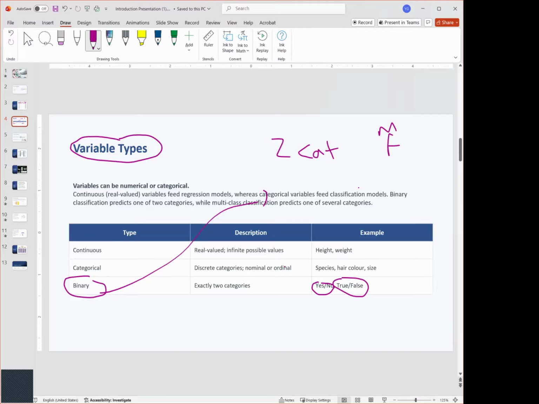If it only has two categories and no more than two, then we consider it a binary variable. So we have continuous variable, categorical variable, and binary variable.